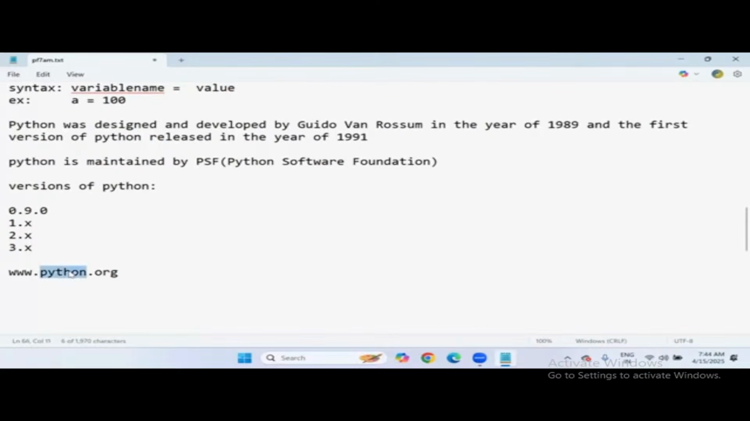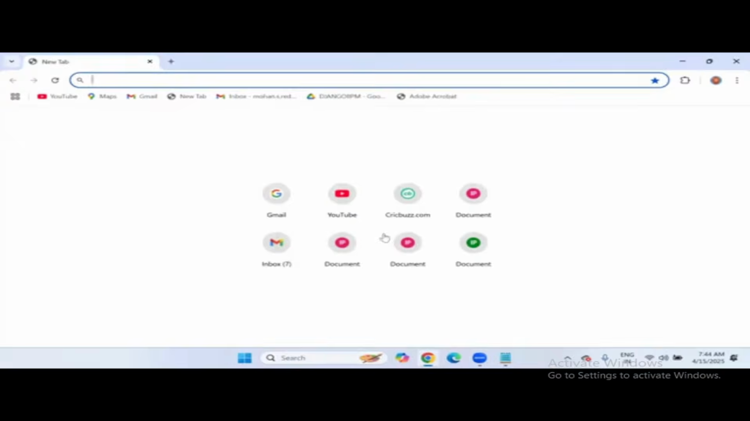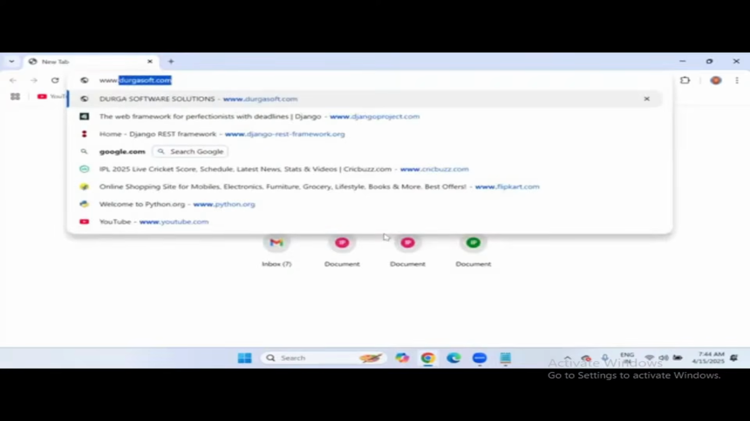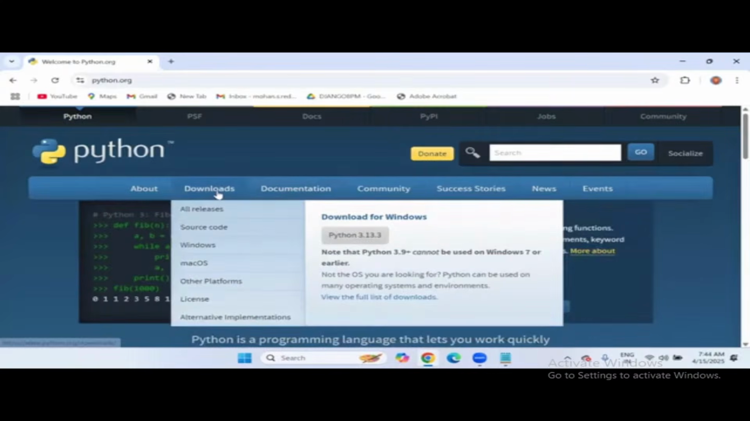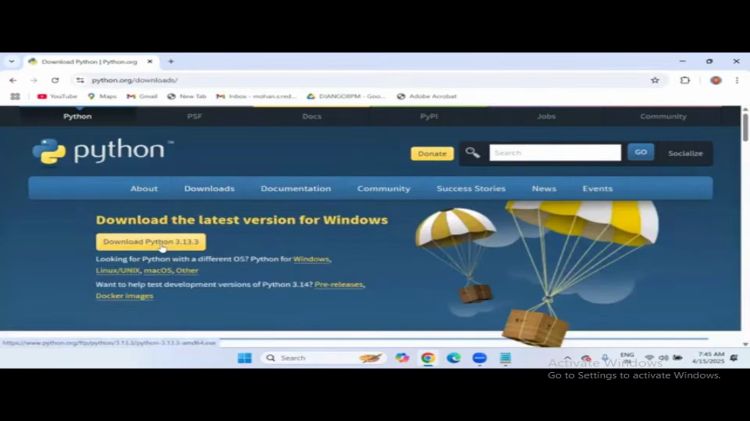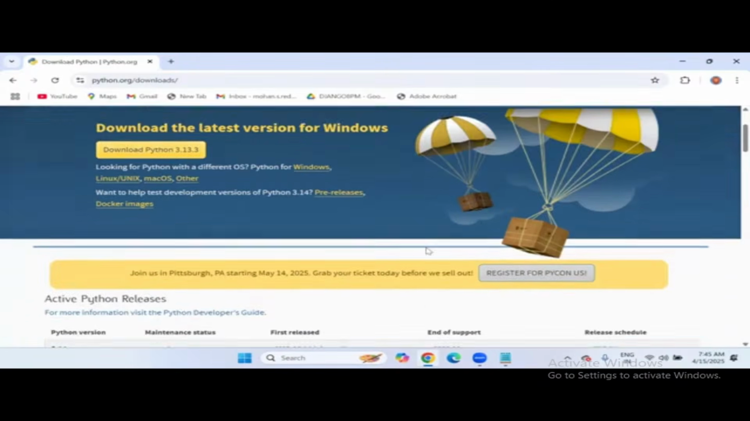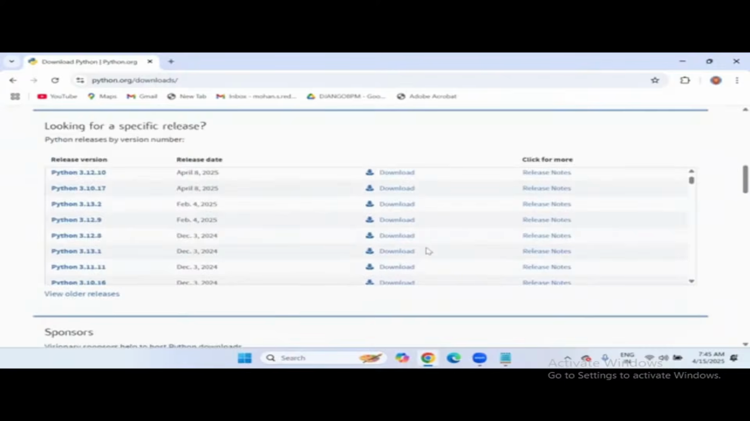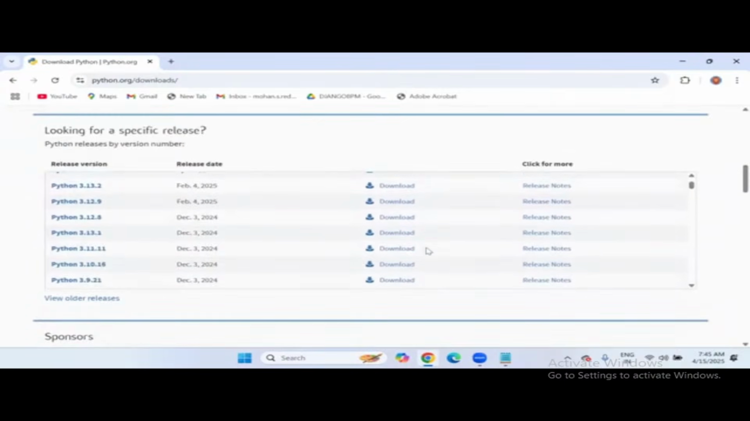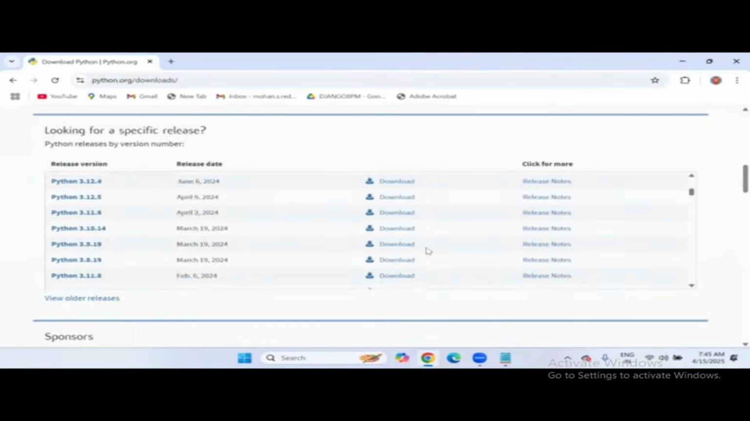So visit the official website python.org so that you will come to know what the latest version is. Click on the downloads option and you will notice 3.13. This is the latest version. If you want to see all the remaining versions, simply scroll down the window and you will see Python 3.12, 3.13, 3.9, 3.10,